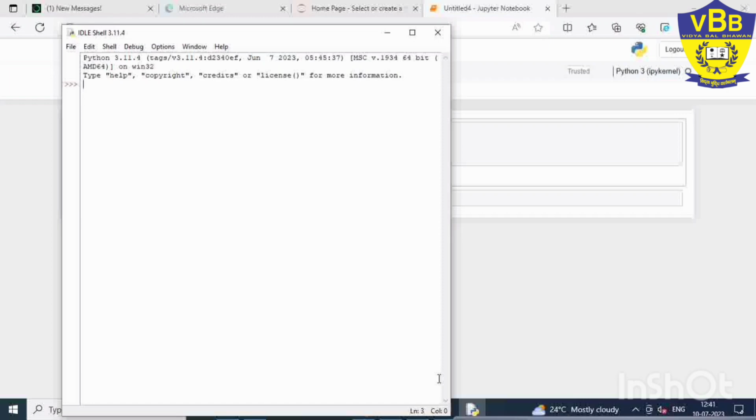A variable is a named location used to store data in memory. Suppose I am taking a variable b equal to 5, and here I am printing the variable value, print b. What will get printed? It will print the value of b, that is 5. Here I am taking a new variable, letter, equal to 6.